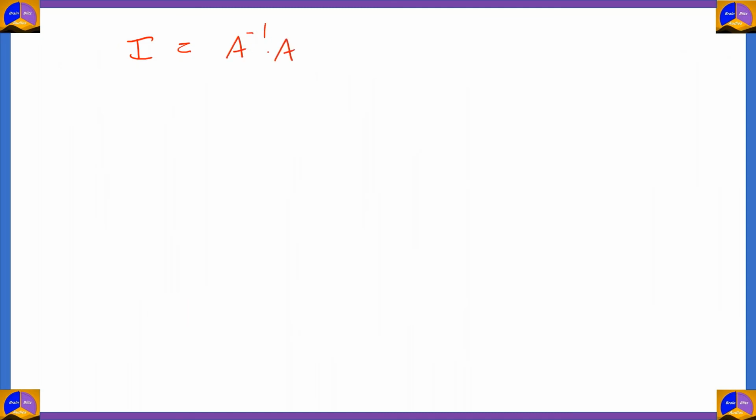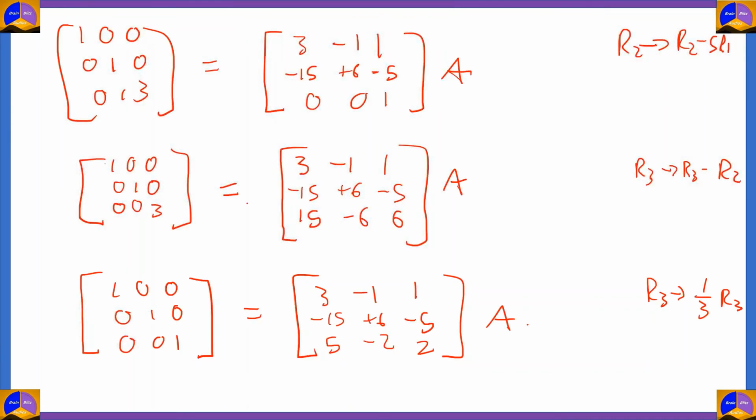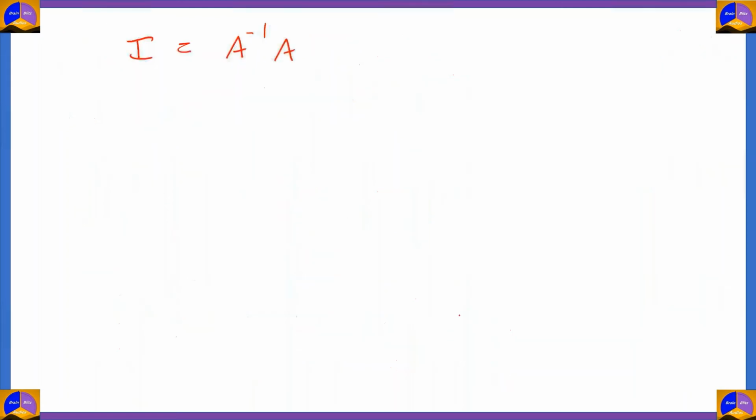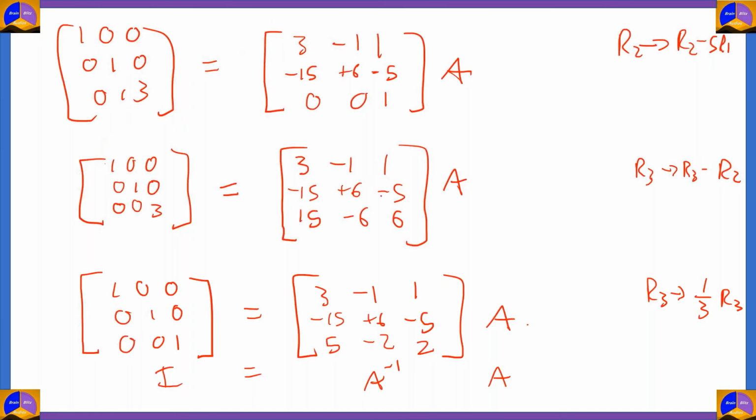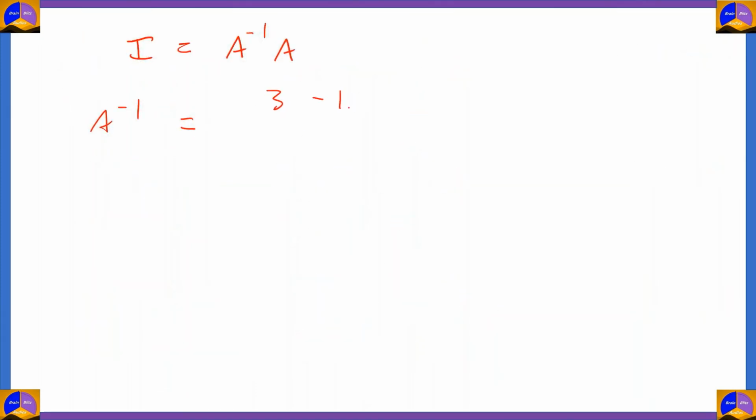So A inverse A is I. And so this is similar to A inverse A. So from that, we get A inverse, that is our answer, the inverse of the matrix, as 3 minus 1,